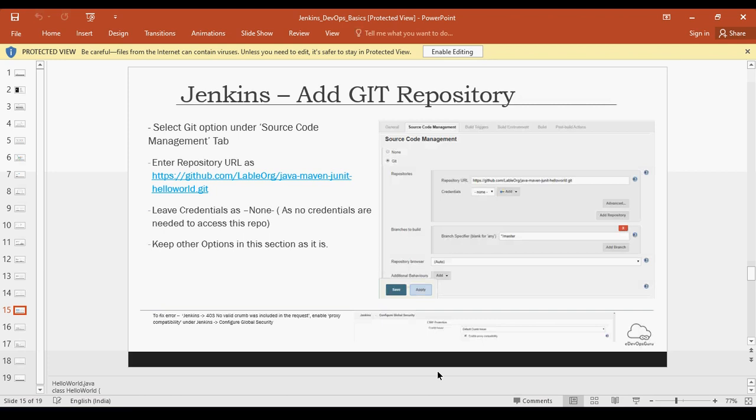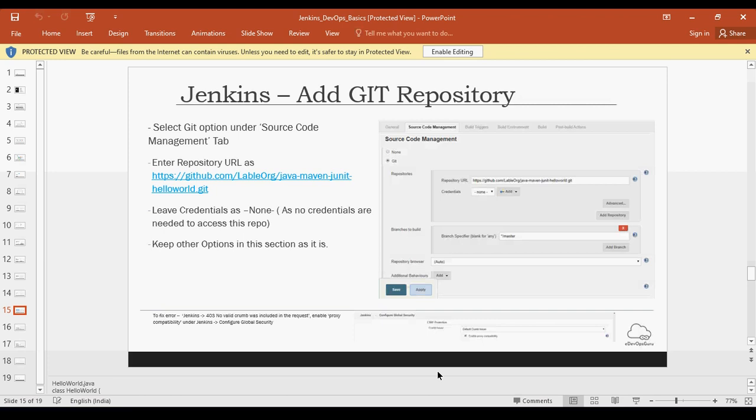If you are using a repository like GitHub, GitLab, or Bitbucket, they have their own plugins also. But since the concept is similar for all, the basic code checkout and cloning concept is the same, we can also use a Git plugin here.